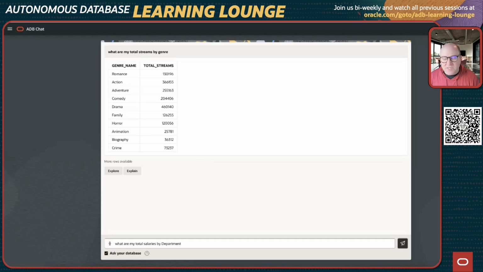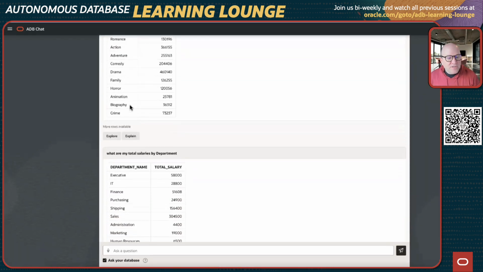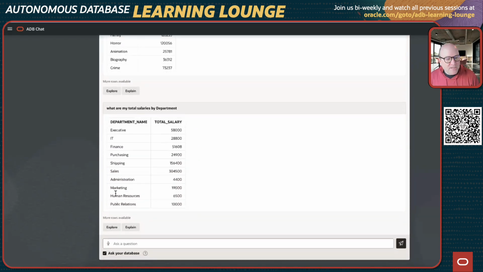This is going to hit a different subject area. This is going to hit the HR subject area. And then I may have a question. So here's my total salaries by department, or